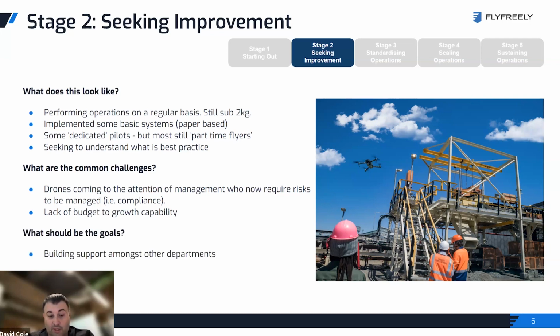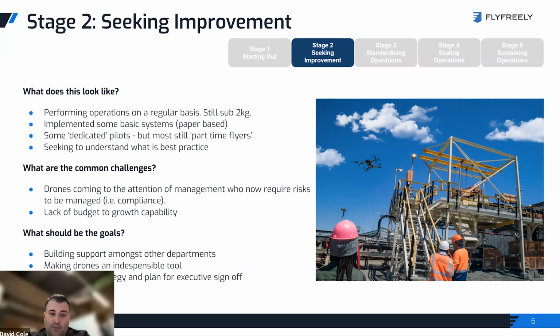So what should be the goals here? Typically what you want to do is get support amongst other departments in the organization to start trying to use drones and prove it up within their departments, because obviously you get that momentum within the organization. The more use cases, the better the business case you can make to growing and expanding it. And what you really want to do is make it pretty indispensable. So you do a job so much faster or so much safer than it's currently done, it's hard to ignore. You can't say, let's stop this now. It kind of forces its way in.